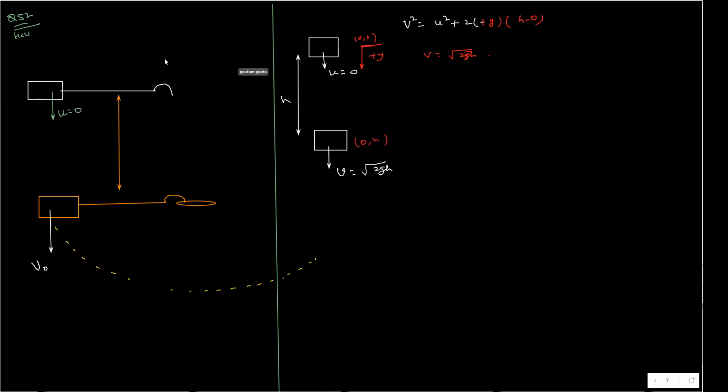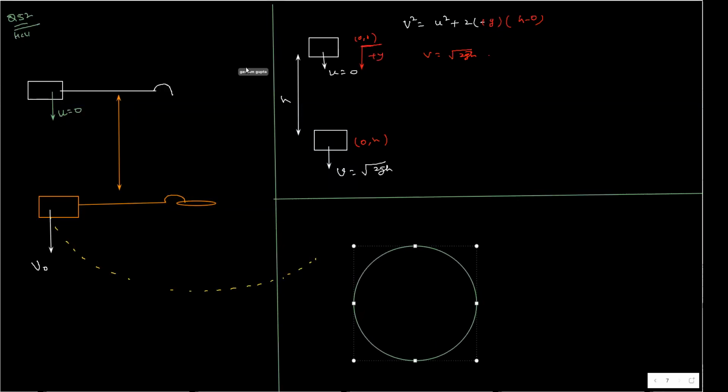After this, the second part: now the question is about motion in a vertical circle. So basically, what will happen after this? Now this particle is here, and the string role is played by the rod. This is the origin O. And you know the initial velocity is v naught, which is equal to root 2gh, that you have already evaluated. Now what is asked is: what should be the minimum value of h so that the block moves in a complete circle about the ring?